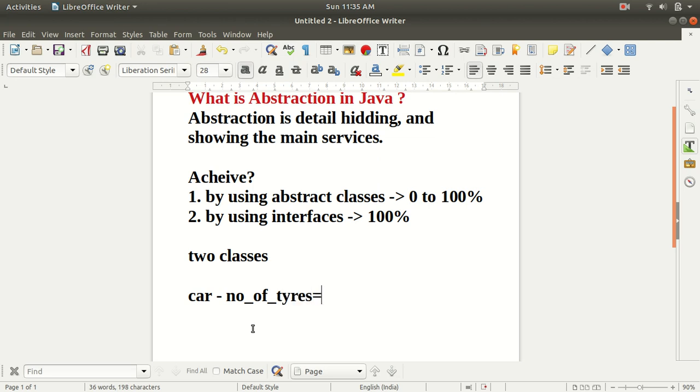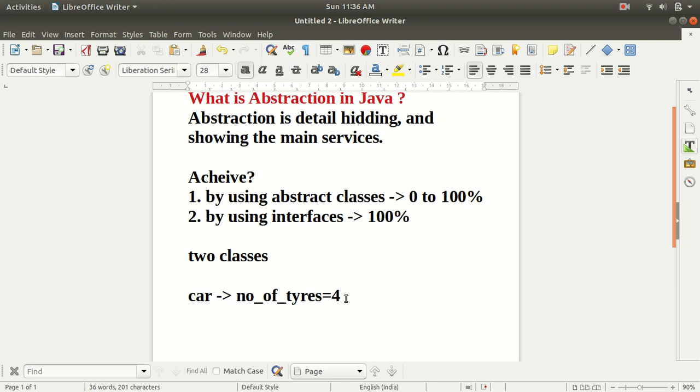I have defined the value of this variable as 4.